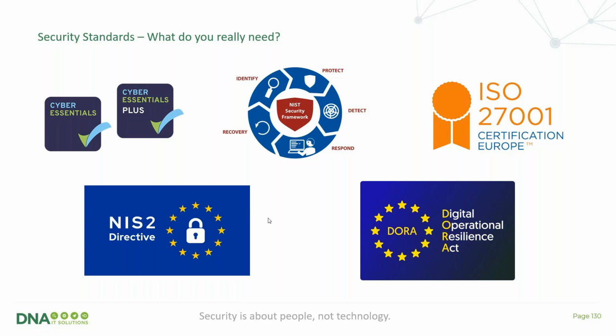Now, the good news is that for most of our clients in DNA, we've been doing good cybersecurity with you for the last number of years, and we've invested in it, and you've done a lot of good stuff. So you're not far away anyway, but there are a few more bits to get done before we are fully NIS2 compliant, and we want to work with everybody this year to really make sure that you are NIS2 compliant. The key message I'm eager to get across here is that even if you are not strictly, to the letter of the law, within the initial scope of NIS2, as in, if you look up who's involved,